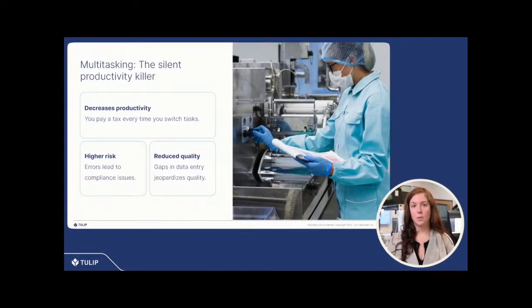Multitasking doesn't work with logbooks. The main challenge we face with traditional logbook methods today is the heavy reliance on multitasking. For example, an operator may need to follow an SOP, be required to adjust equipment settings, and then record their activity and any deviations that occurred. This approach not only hinders productivity, but also makes the process more susceptible to errors that can compromise the overall